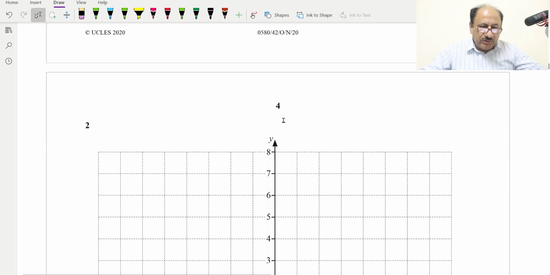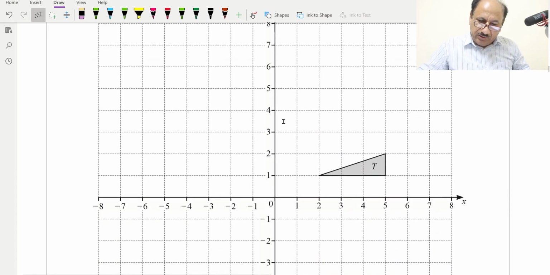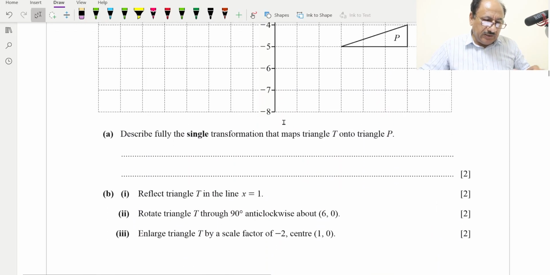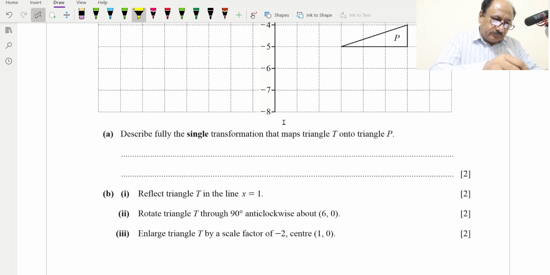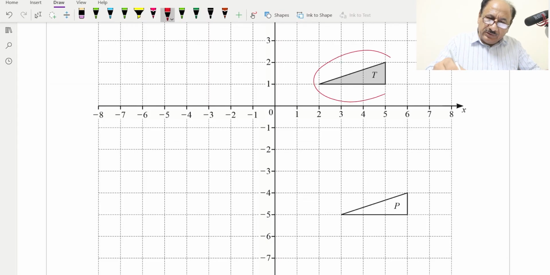Now question number 2 is a transformation question. This is a very interesting and easy question which we can go through. Number 1 is saying, describe fully the single transformation that maps triangle T onto triangle P. So T onto P, T is over here, P is this one, and if we check